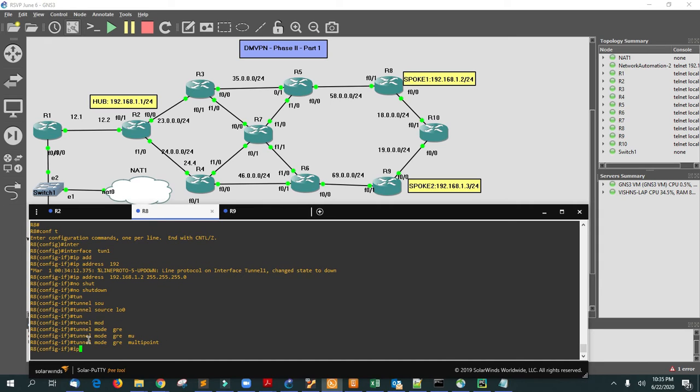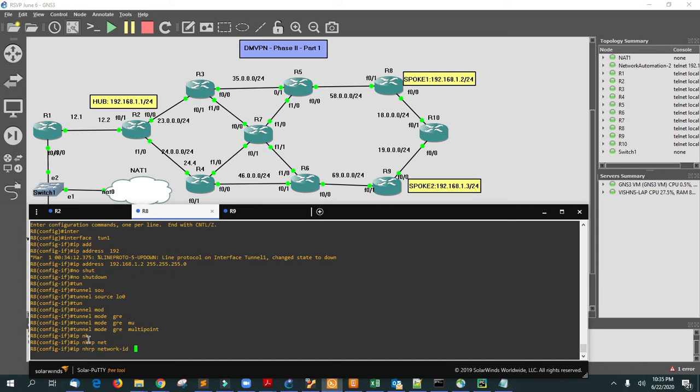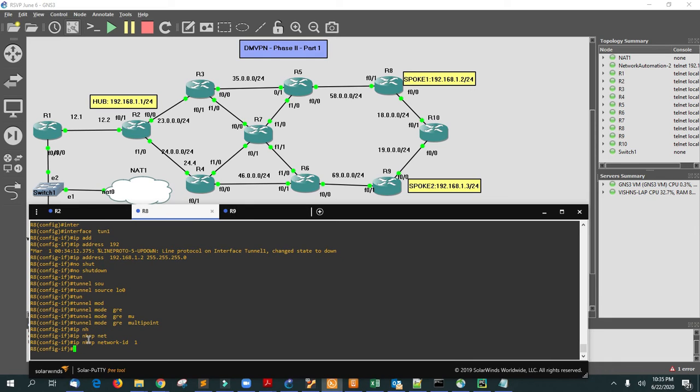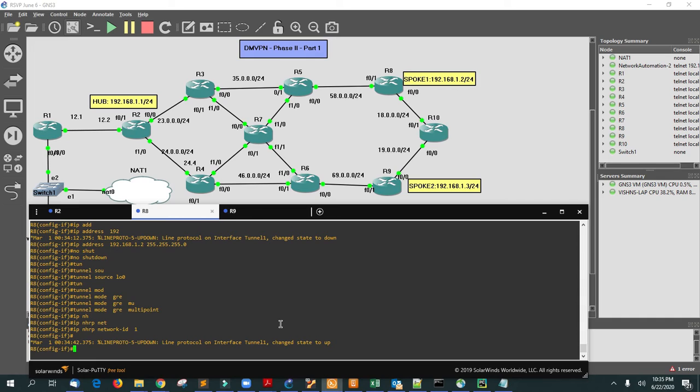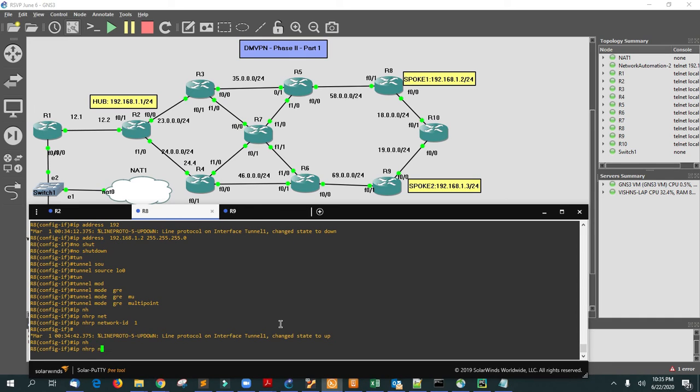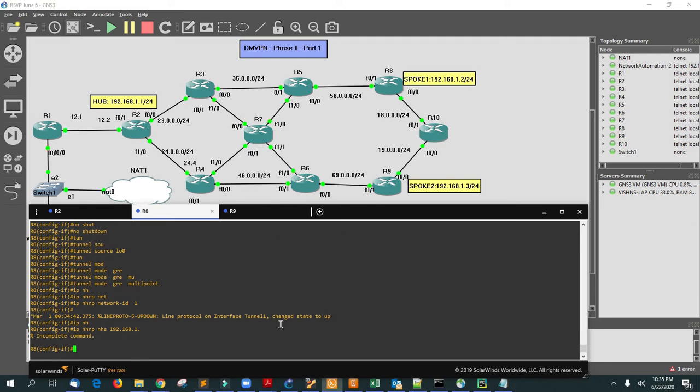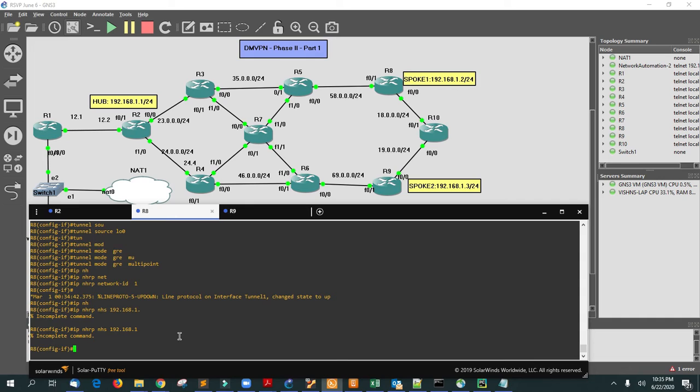Here for ip nhrp, you have to give the network ID, which is 1. You have to inform who the NHS address is, nothing but your next hop server address. So ip nhrp nhs is 192.168.1.1.